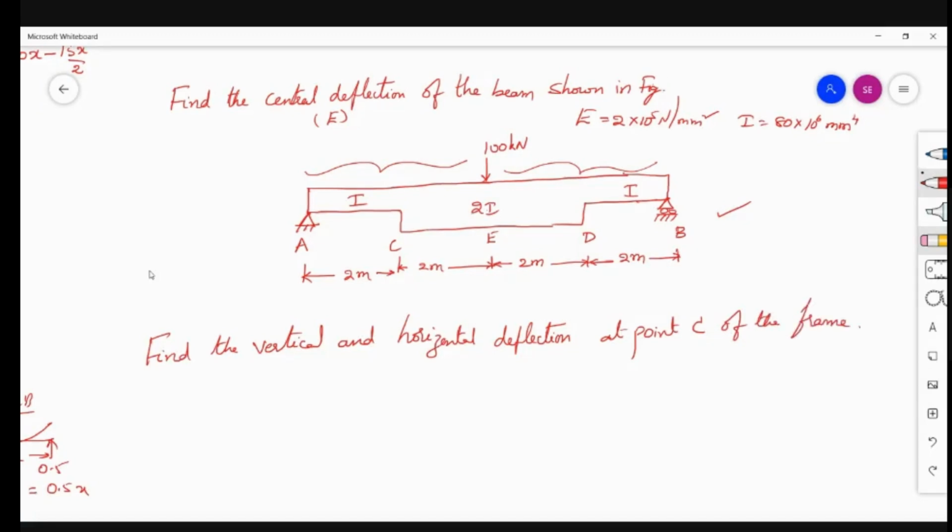Find the vertical and horizontal deflection at point C of the frame